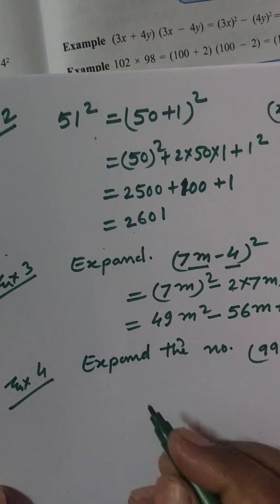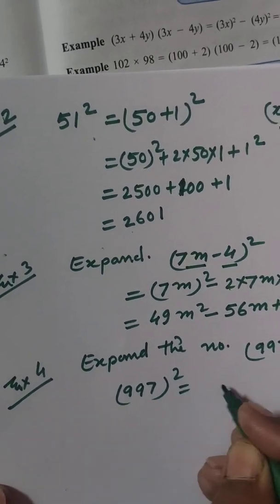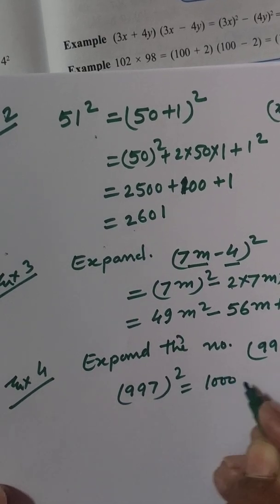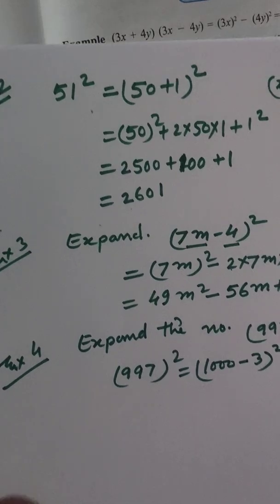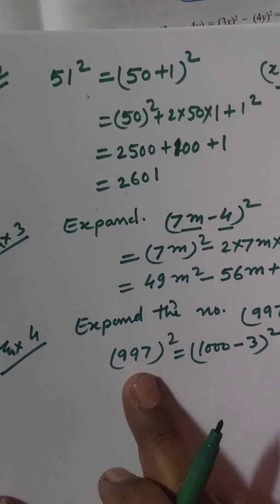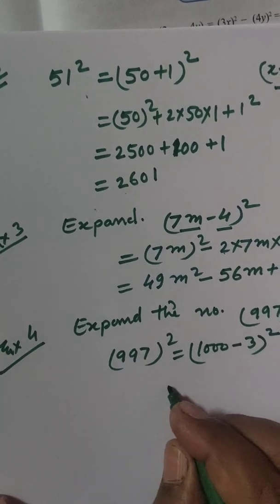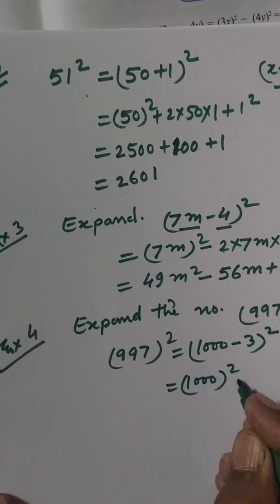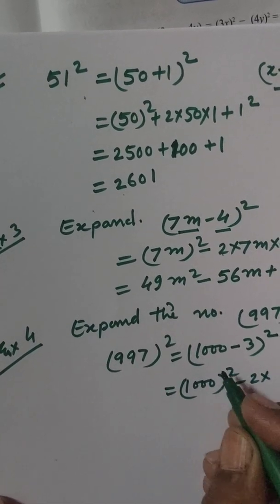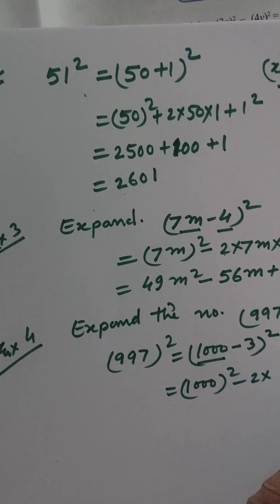Then what you get? 997 whole square, that is (1000 minus 3) whole square. This can be written as 997. You can write 1000 minus 3, that is 1000 square minus 2 into the first number of the bracket, 1000,